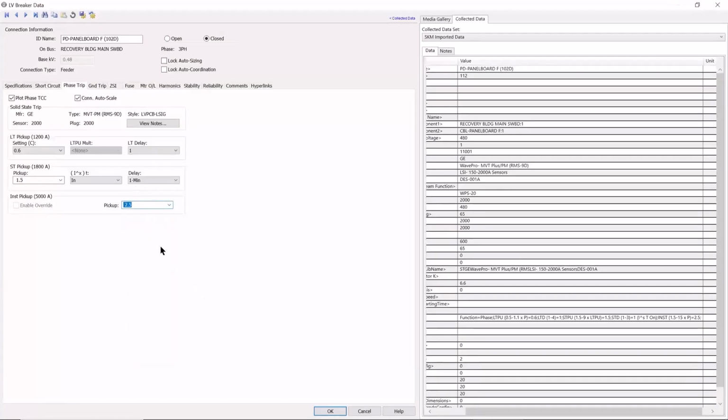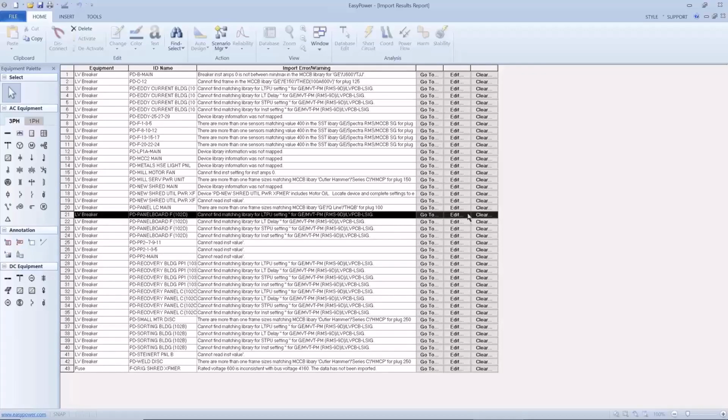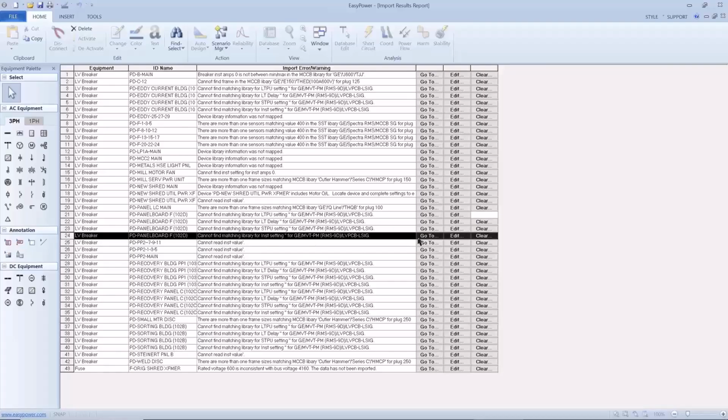Now, this has been 102D, which is this one right here. And I'm going to clear this. It handles these errors down to here. Now, the advantage of doing this is that as I clear them, they will no longer show up on the error report. So if I were to save this file, let's say I'm going to close it and save it,